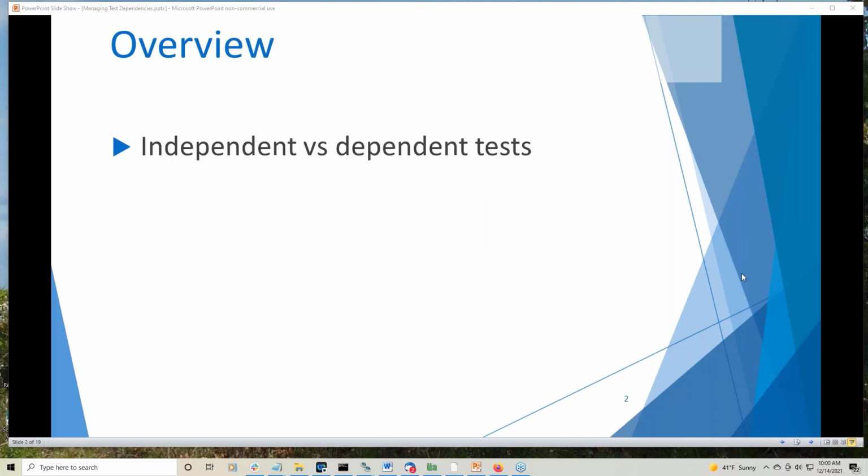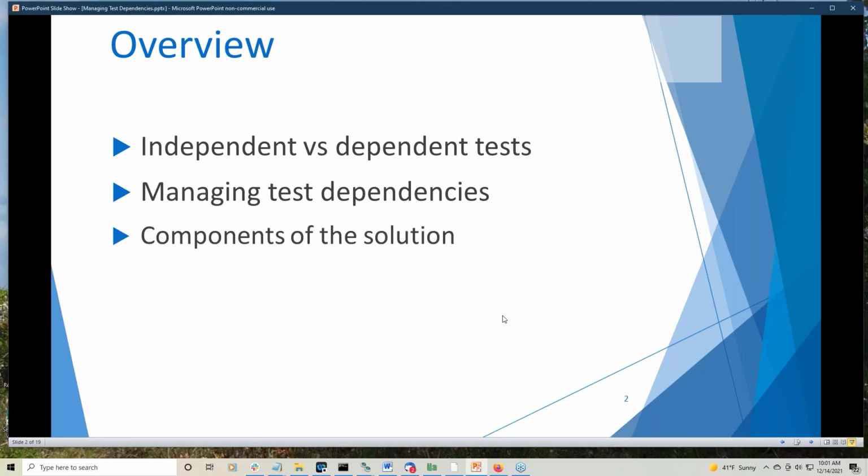What we're going to be talking about today is managing dependencies. I'm going to talk a little bit about independent versus dependent tests. And then I'm going to talk about managing dependencies. So this is where you have to have dependencies between tests. So when you do need dependencies, we're going to talk about managing them. I'll talk about all the different components of the solution that we've come up with, and then I'll do a